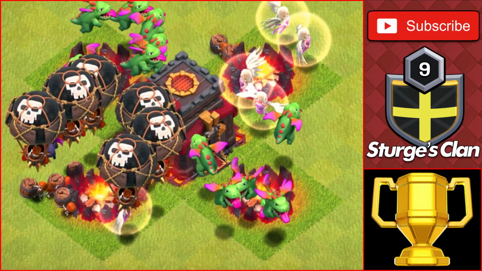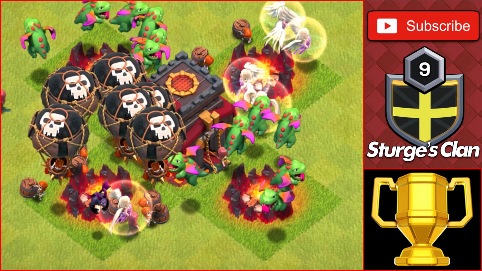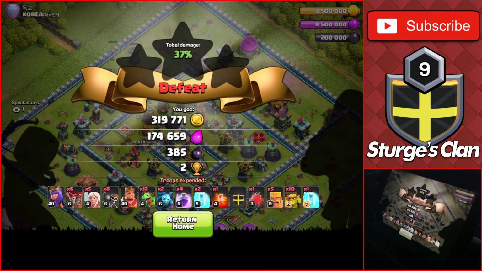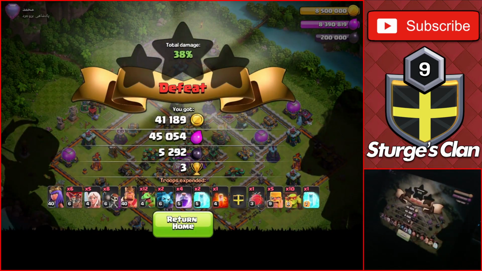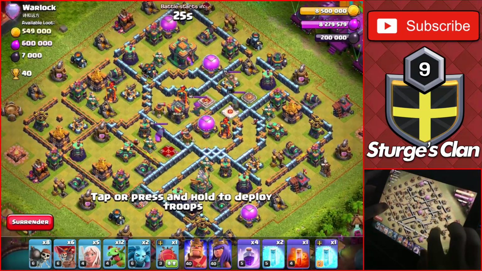One final thing I'll say about this attack strategy is it isn't going to work against every single base, as you can probably tell, because during the 12 attacks I did to make this video, I didn't get a single 2-star. Now I'm probably not that good with this army, but it's pretty difficult to get a 2-star against Town Hall 14s. And I actually find that this army works very well against these southern teaser bases, since the Town